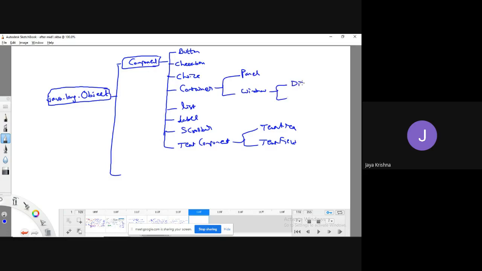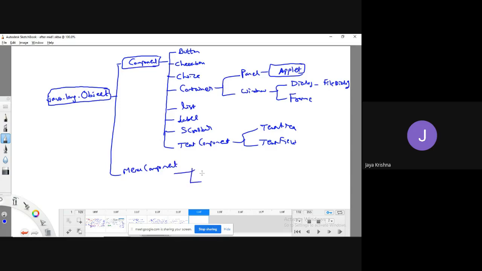Window again contains two subclasses. One is Dialog, which has an internal subclass, FileDialog. The other is Frame. This Panel contains the Applet class. And MenuComponent is also there.